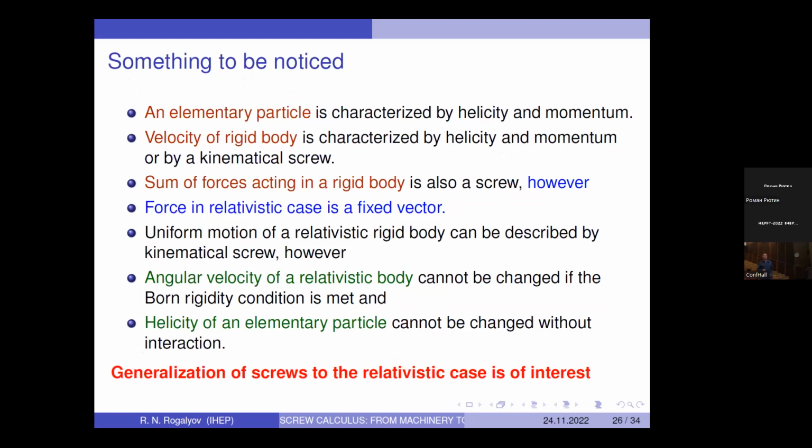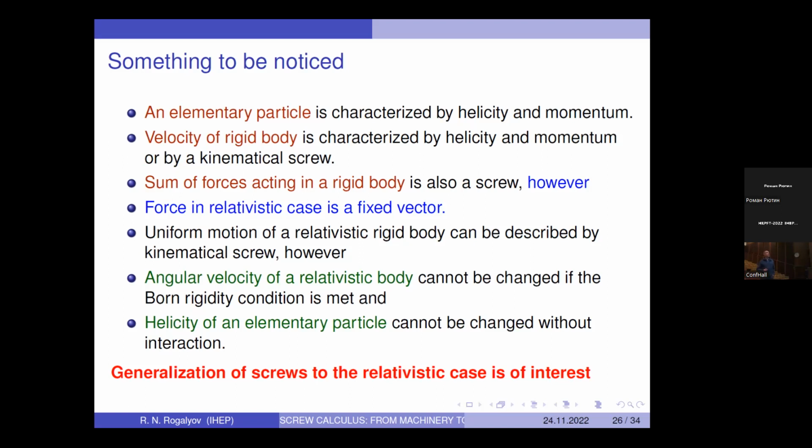Something should be said about relativistic generalization of screws. There are no works on the subject; however, it may be of interest, because an elementary particle is characterized by helicity and momentum, and analogous quantities characterize velocity of a rigid body and the sum of forces acting on a rigid body. However, there is a difference